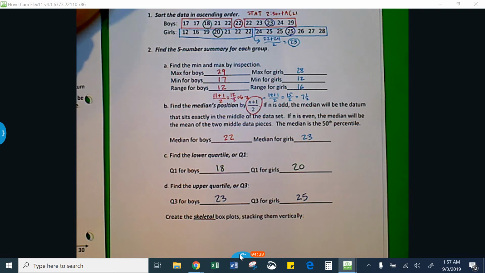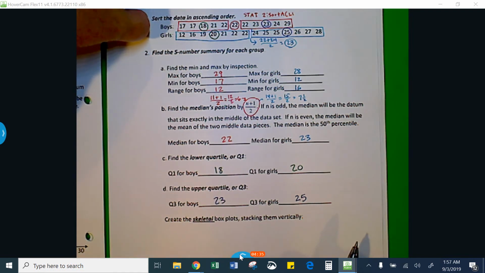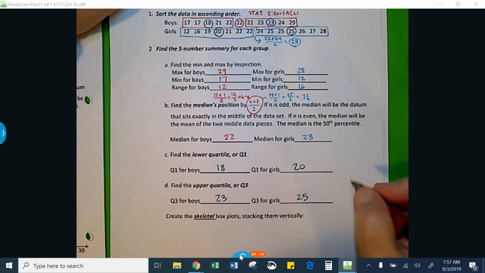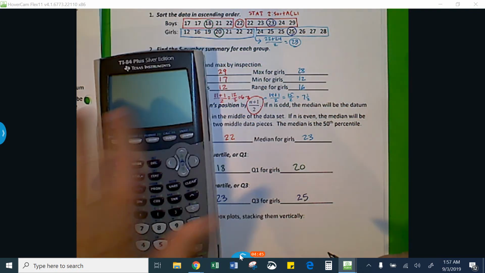So if you haven't done it already, put these data values in your calculator, list 1, list 2. And then you can pause the video while you do that, and then come on back, and what we're going to do is go to